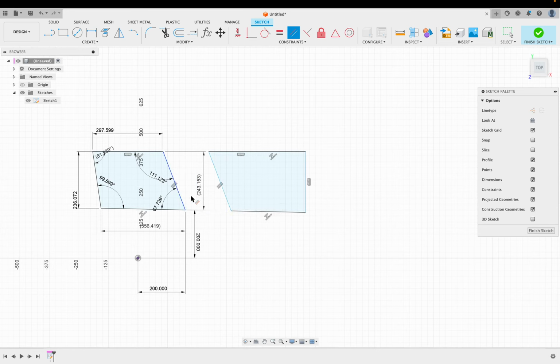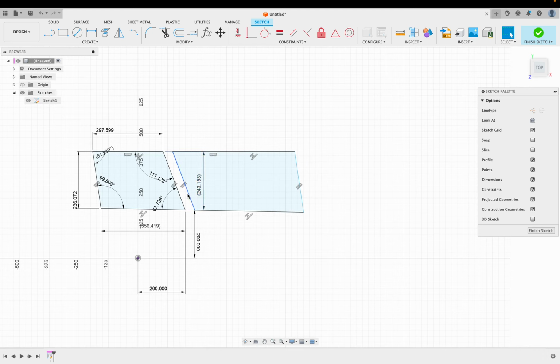Okay, so they're parallel. And let's say I want to make a parallel relationship between the right-hand side line, the one that I'm showing with my cursor, with the left-hand side. So I get rid of this constraint and make a parallel relationship with this one. Okay. So I have these matching continuous